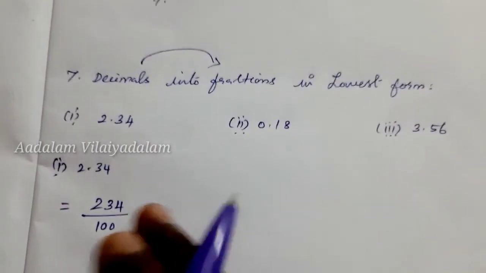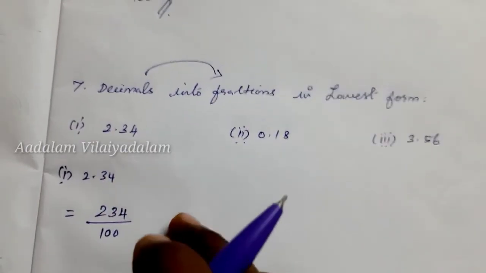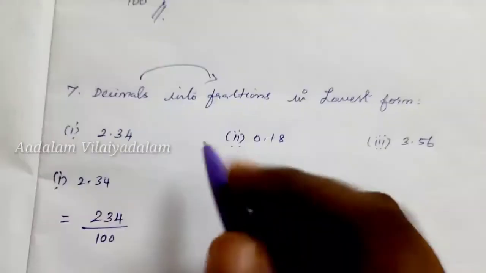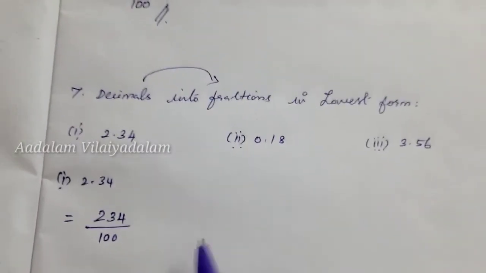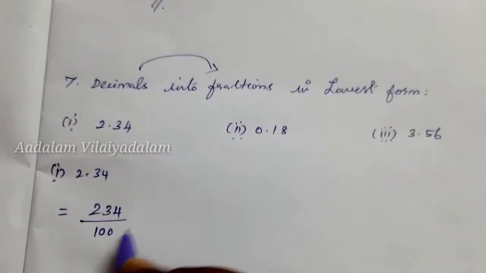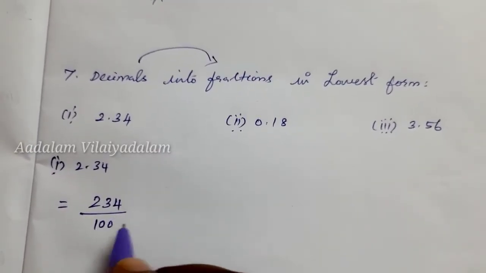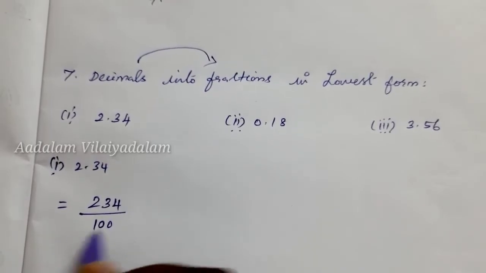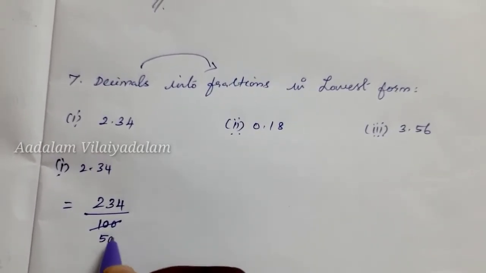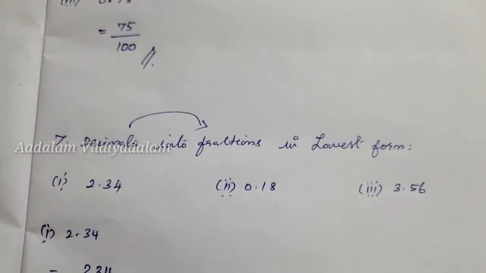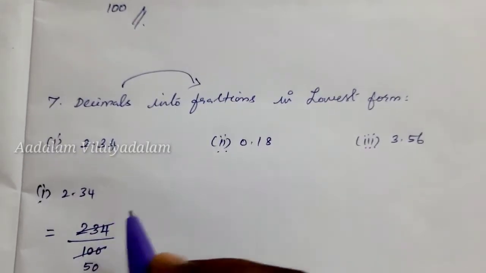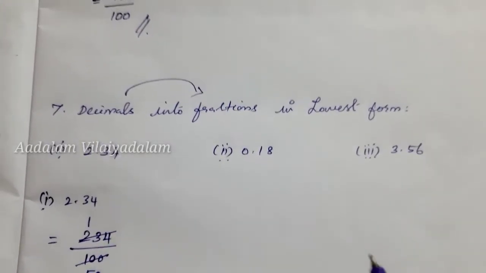Now we need to reduce this fraction, that means we have to reduce it to the lowest form. Up to which number can we cancel? Now I am going to cancel with the table of 2. 5 twos are 10, then put the remaining 0. The same 2 table I am going to cancel in the numerator also. If I cancel, I get 2 ones are 2.